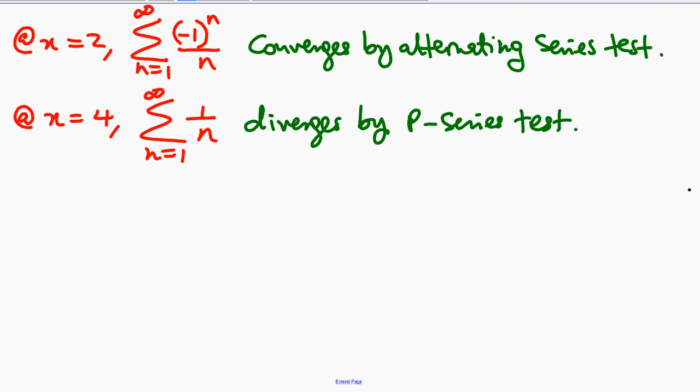So what's our final conclusion? Our final conclusion is that the interval of convergence includes 2 but does not include 4. So hence,